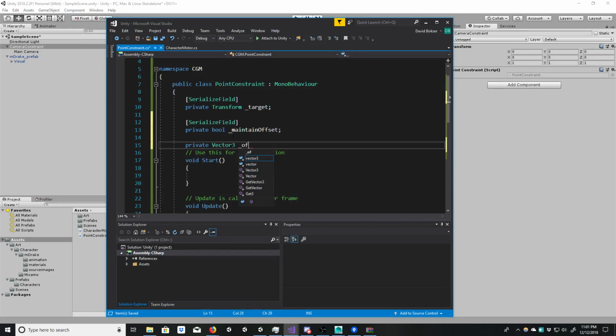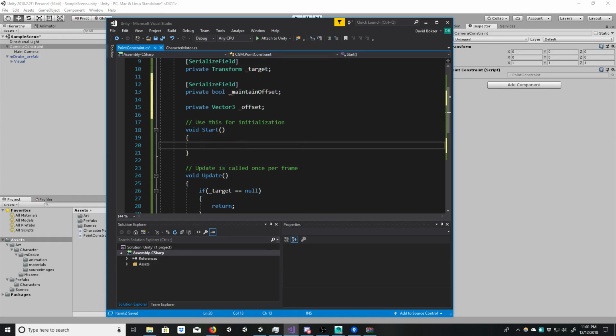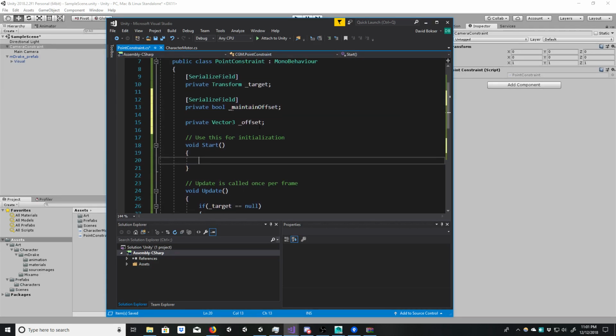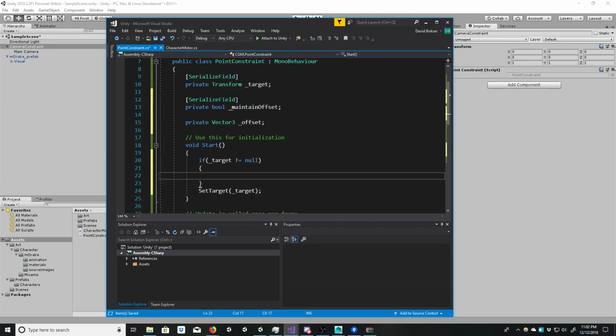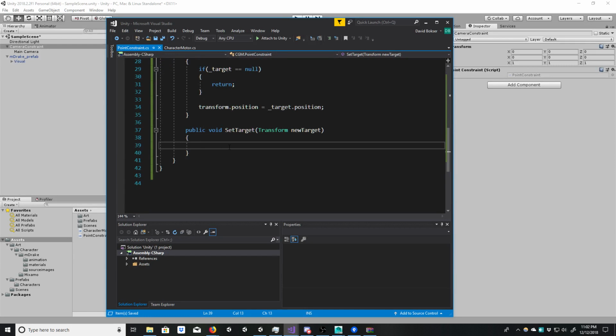So we need to store that somewhere. So we'll store it into the offset. And to create a maintain offset, to pre-calculate that, we'll put the set target right at the start. Offset equals